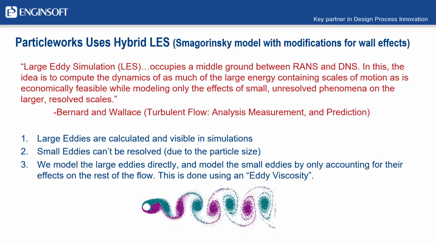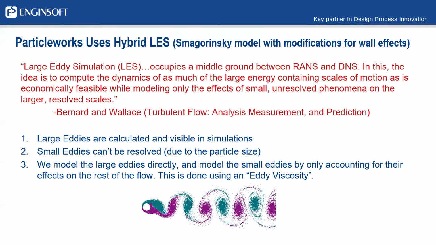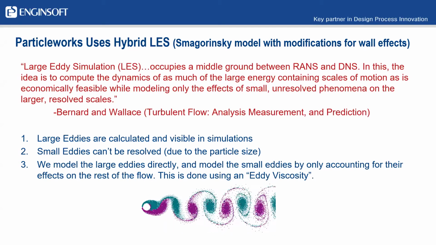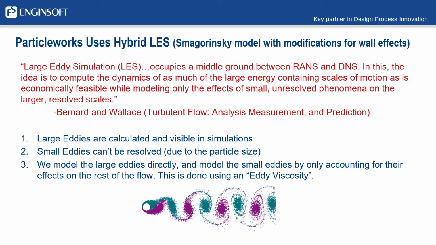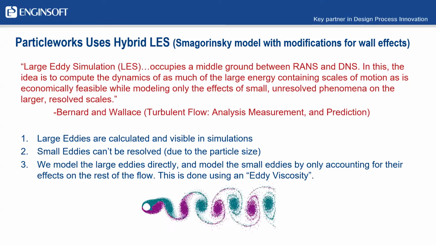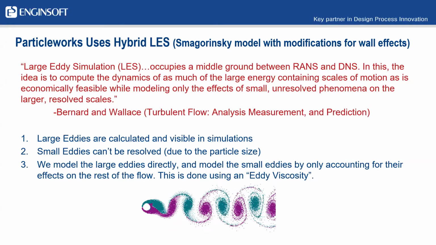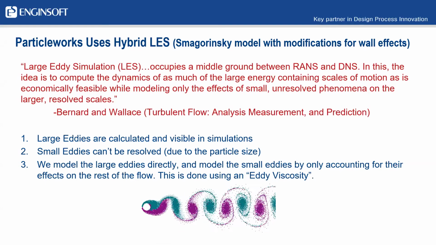So I wanted to summarize that a little bit, and I have these three points here, the third one largely being a resummary of the first two. First, these large eddies are going to be calculated and will be visible in your simulations. But all of the eddies won't be able to be resolved. There's some limitations due to the particle size. So second here, small eddies cannot be resolved because the particle size will limit the size of the eddies that can be resolved. And so then third,